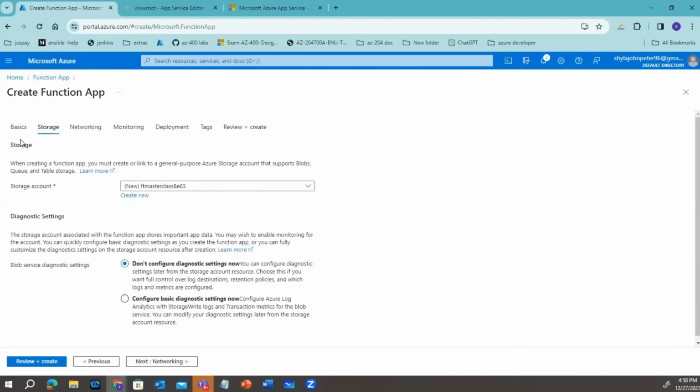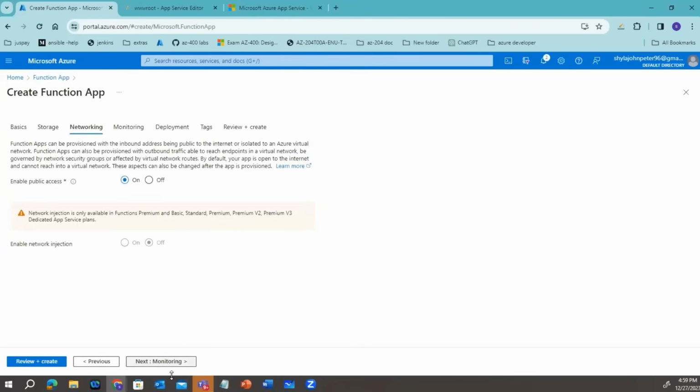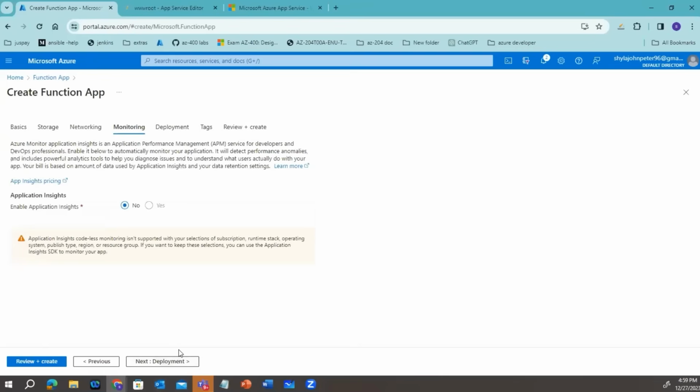By default you should have a storage account associated with the function app, so you can create one or associate an already existing one, right? Then networking, I'm keeping the networking as default, monitoring also as default.